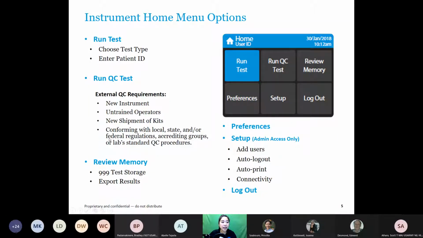So in addition to that, if there are any more regulations per your facility, per our local, state, and/or federal regulations, you could, of course, do additional QC testing to go along with that. So those were the first 2 buttons. Review memory, this 3rd button here, that one's just to look back at any of your previous patient results or